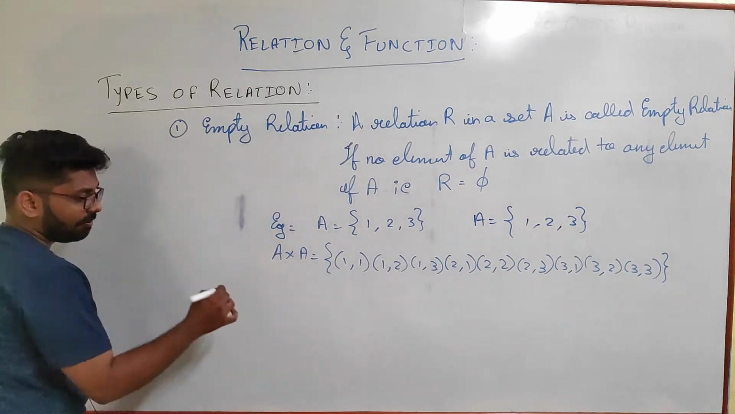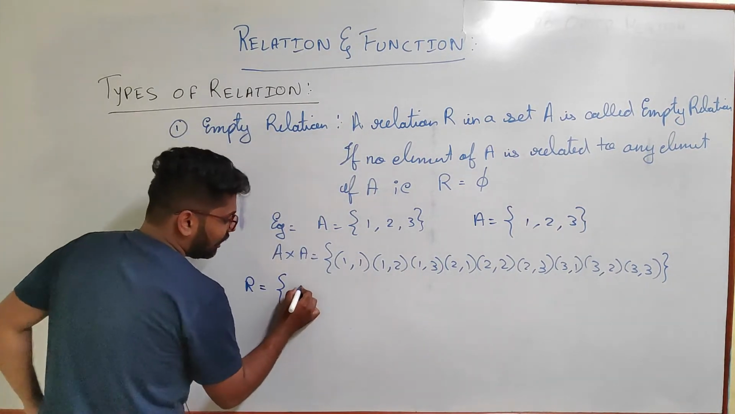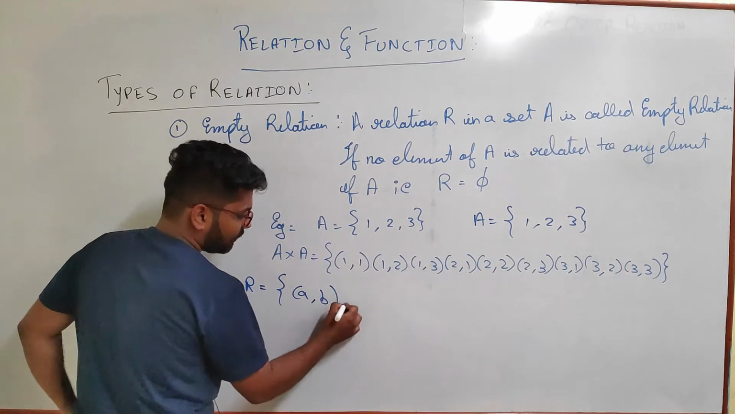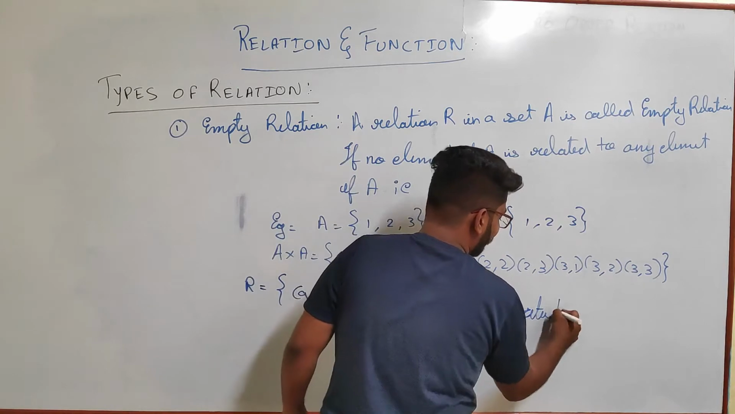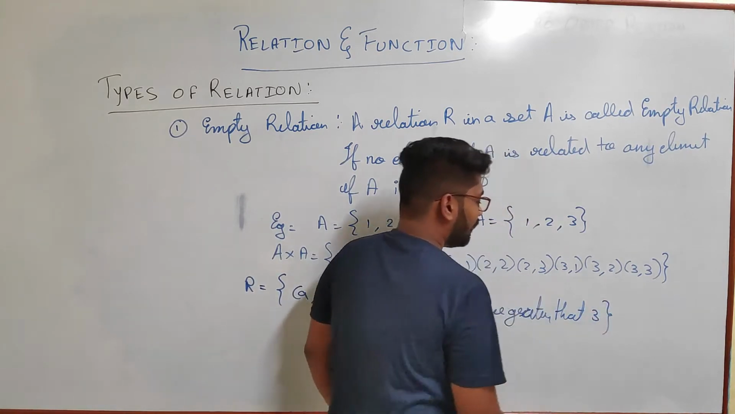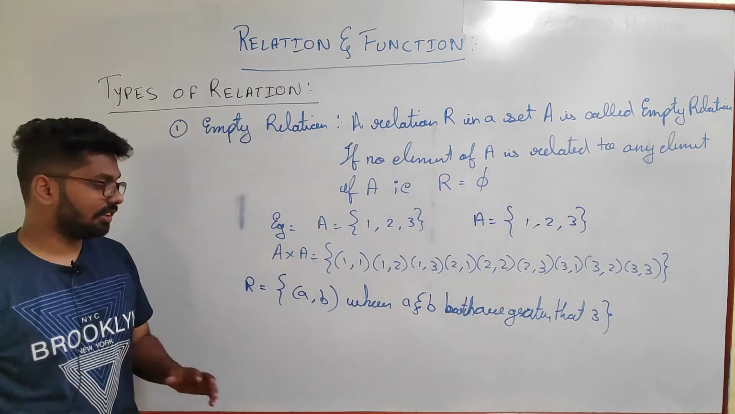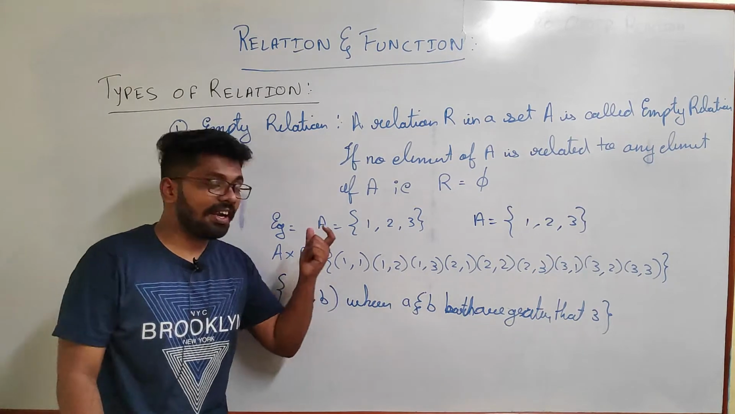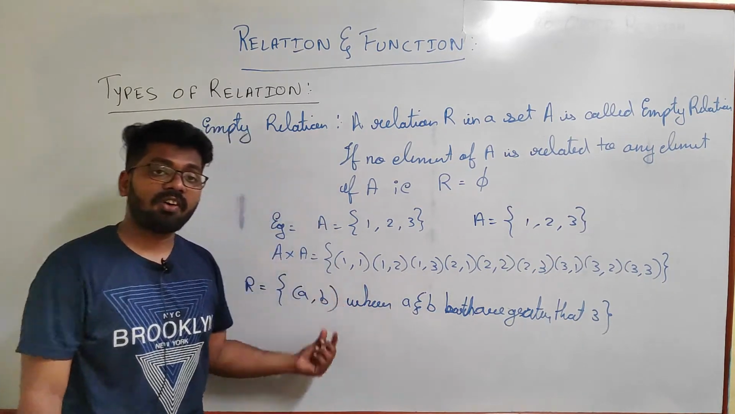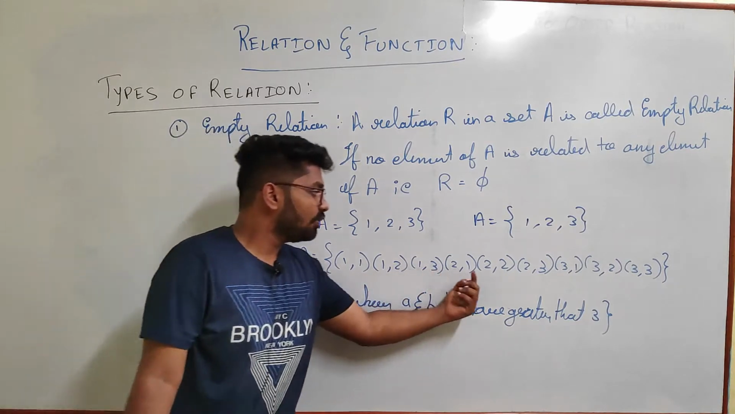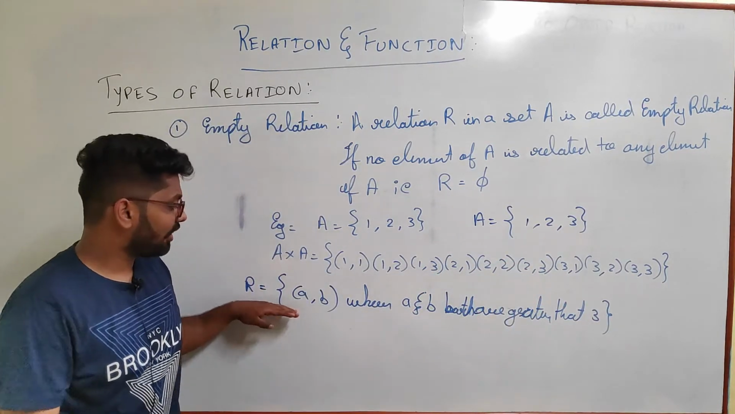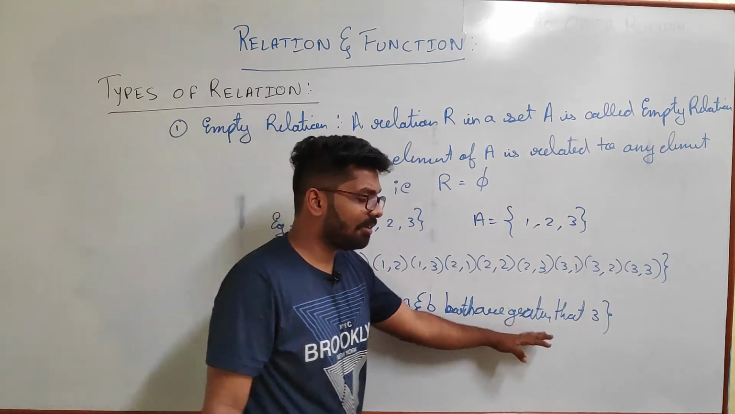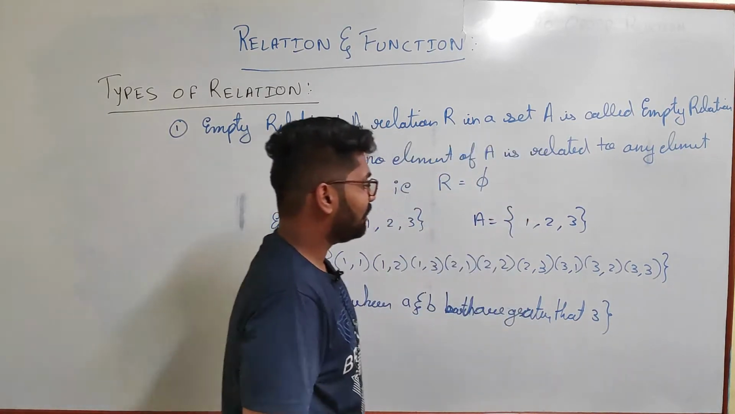Now I'll make relation R such that (a, b) where a and b both are greater than 3. A and B both are greater than 3. So if you observe, find me such a number. Find one ordered pair where both numbers should be greater than 3. If you see here, (a, b) where a and b both are greater than 3, if you observe